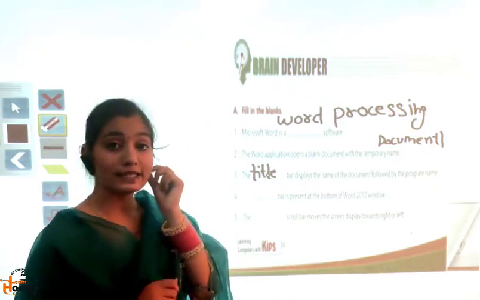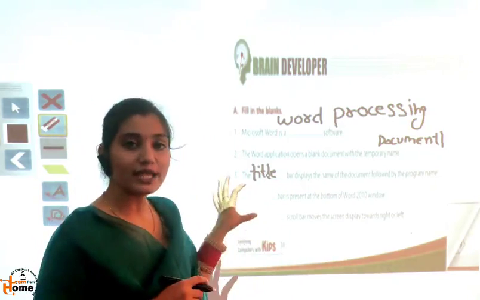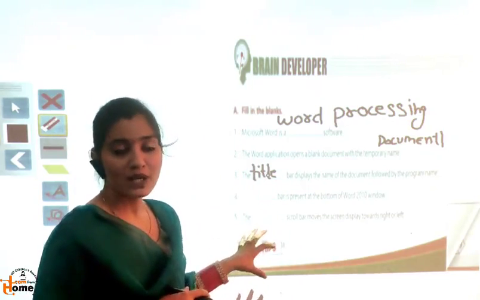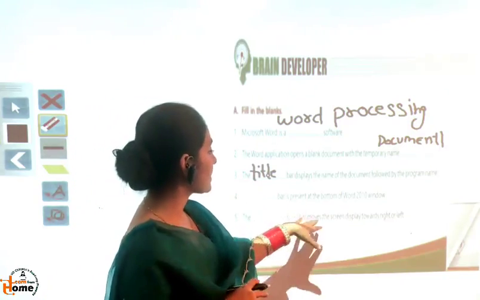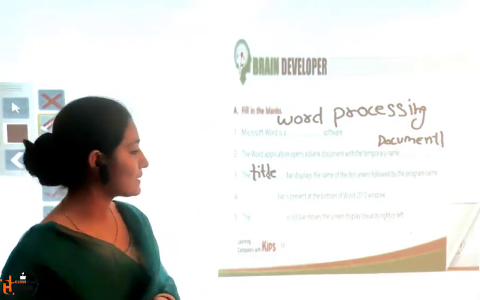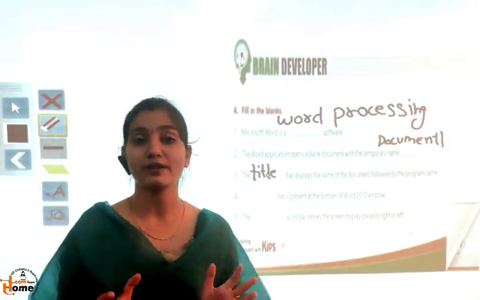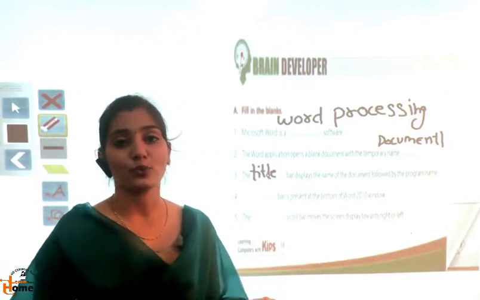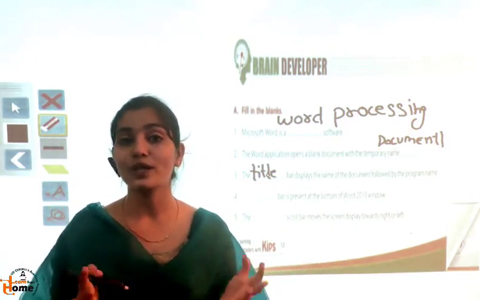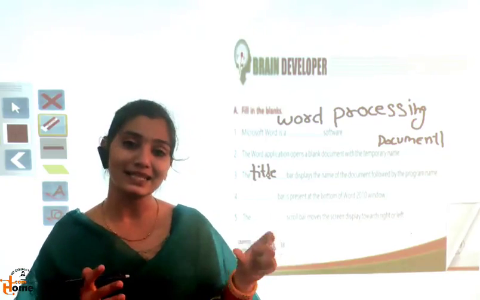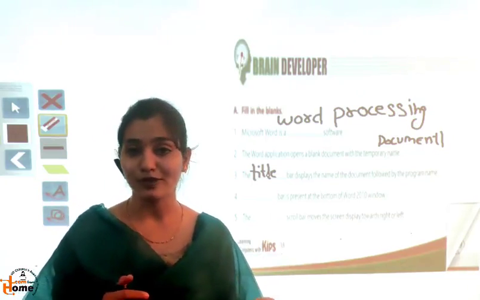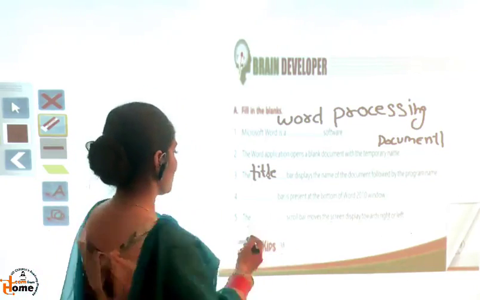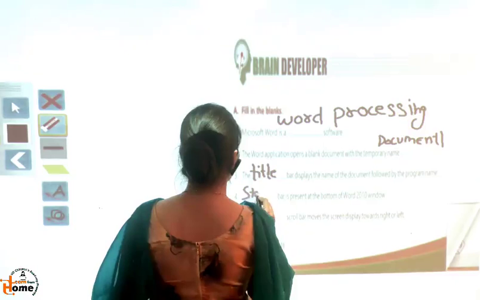Okay. Open your books and then see. This is the picture, that's why it's not visible. Okay. So you see in your books: the dash bar is present at the bottom of the Word 2010 window. Which toolbar is at the bottom of the window? It is the status bar. And what does it display? It displays the status of the page, the number of pages, the current page, the number of words and all these things, right? So this is the status bar.